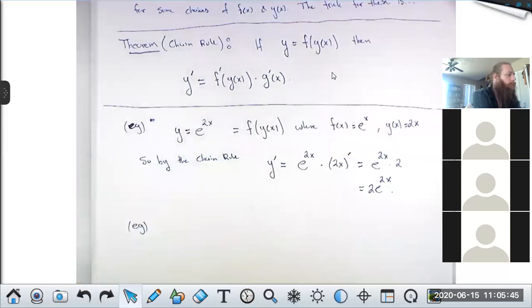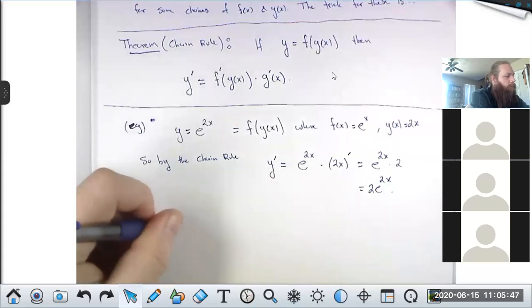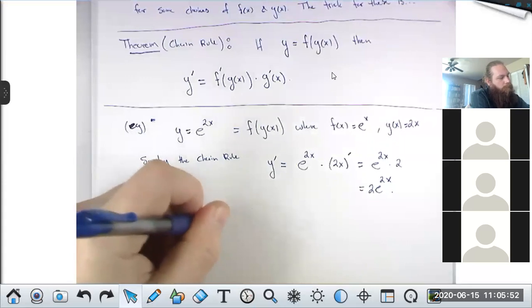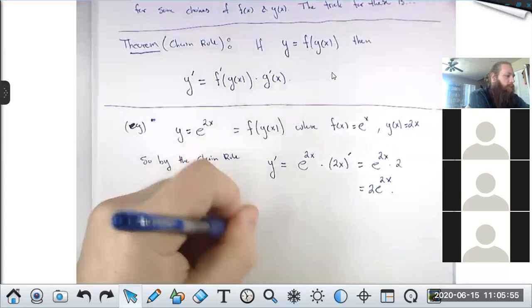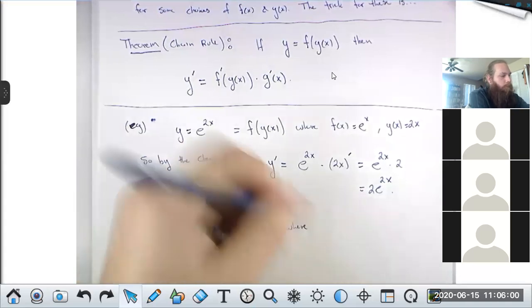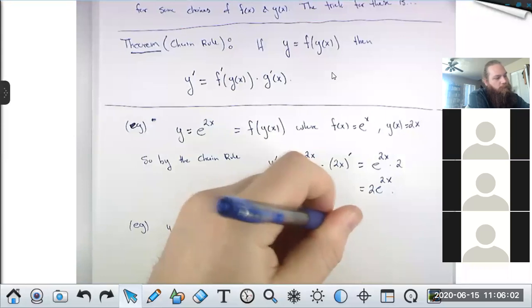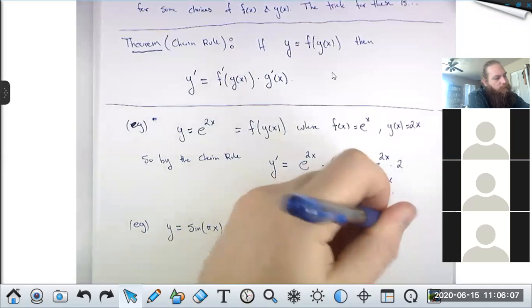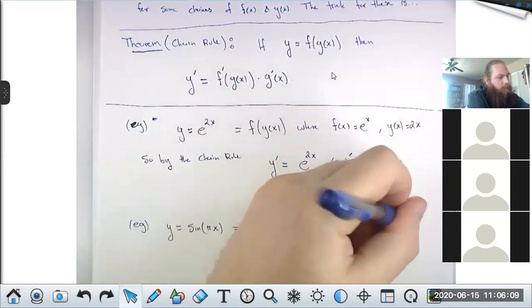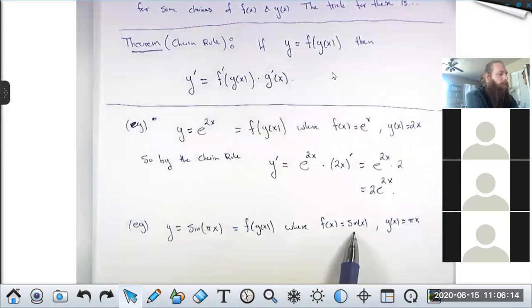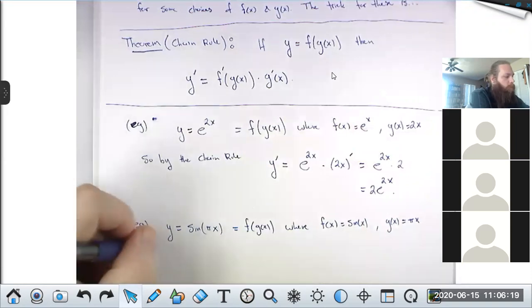If I wanted to differentiate the sine of pi x, this is a composite function where f of x, the outer function, is sine x, and g of x, the inner function, is pi x. And you see, if I plug g into f, I do get this. Which means, by the chain rule,